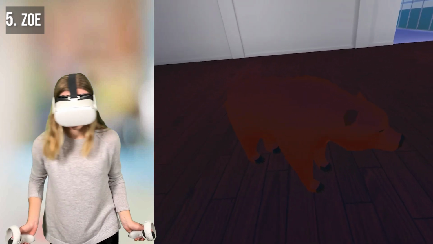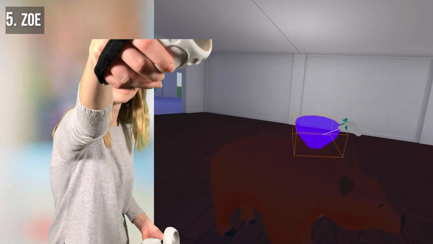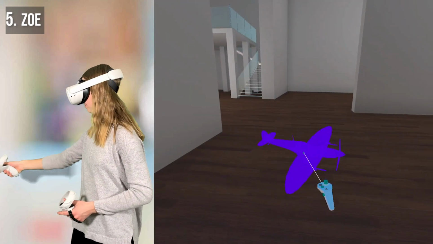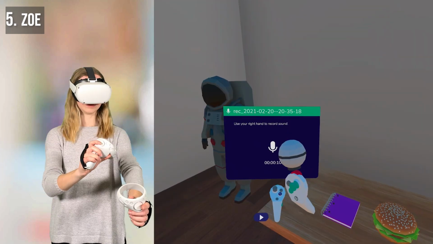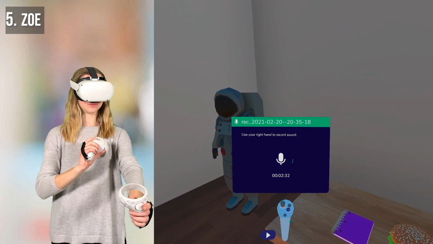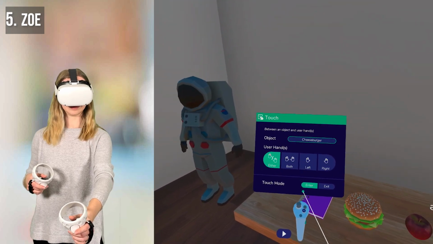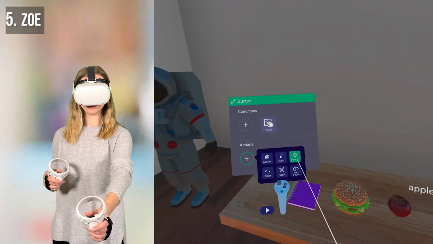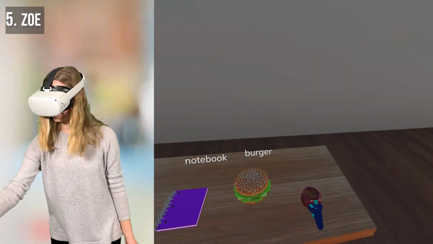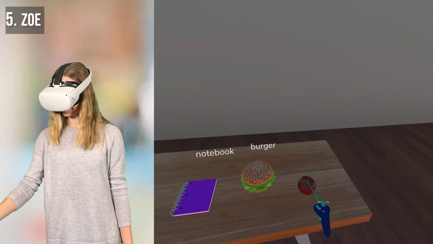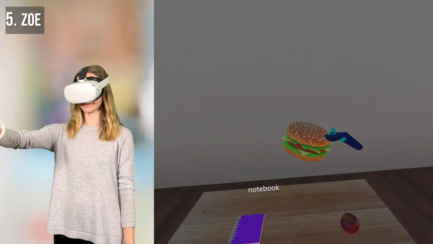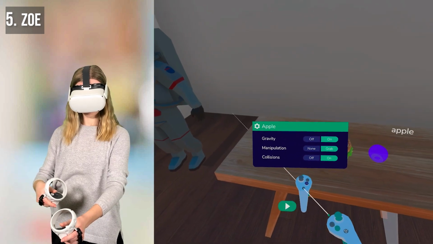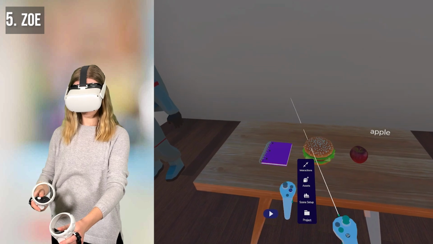You can resize, rotate, and place each model in your scene, decide whether they are static or can be grabbed, set up gravity, collision settings, and so much more. You can even add text and create audio files and set up interaction rules. For example, I created this super tiny language learning tool for vocabulary learning with these 3 objects. Apple, burger,